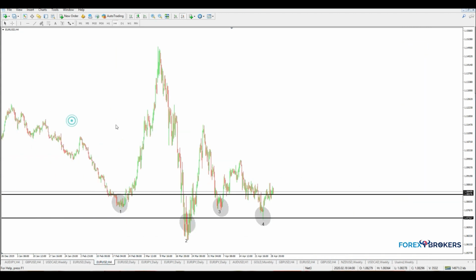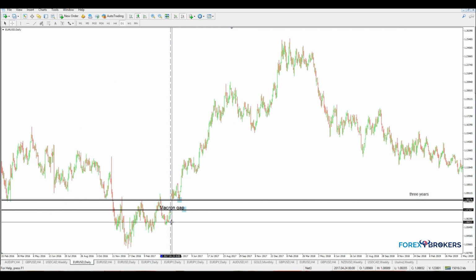Well, it came here to 1.0780 into support, and then aggressively reacted on the support from 1.07 to 1.15. Now this is not by chance, because the disciplined trader, who uses the Japanese approach on interpreting gaps and interpreting windows, knew that this is an area with a strong bouncing potential, and knew this thing from 3 years earlier when this gap appeared for the first time on the charts.